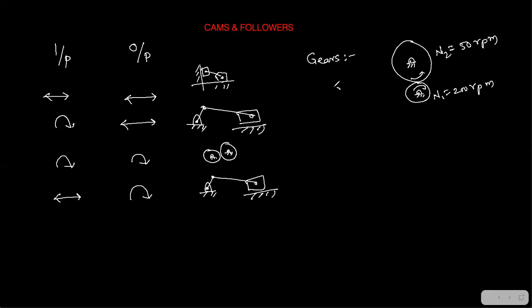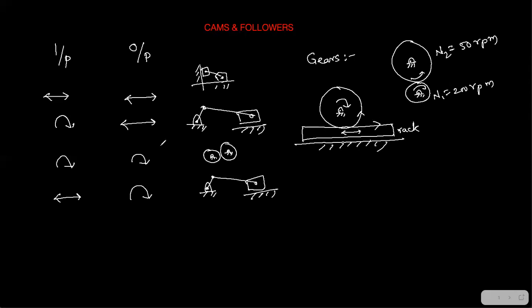Now if you take a rack and pinion, the rack has a linear motion, and the pinion, the smaller gear, has a rotary motion. About the center, if the gear is rotating, the rack is sliding front and back. If it is rotating clockwise, the rack will move one way; if anti-clockwise, the gear will push it in the other direction, right? So this is the motion you will get in gears, but the speed is fixed. For a certain rotation of the gear, you will get a certain motion of the rack.